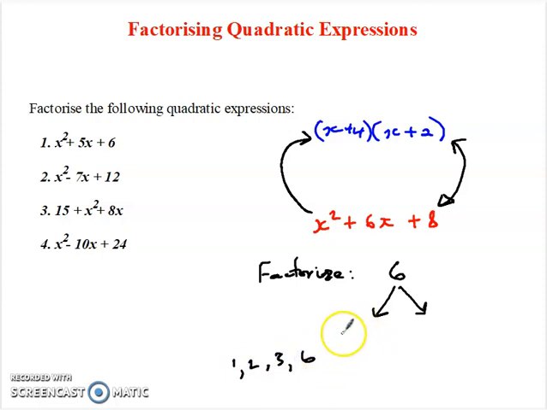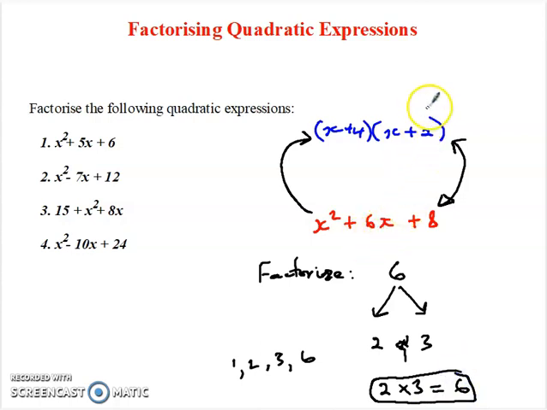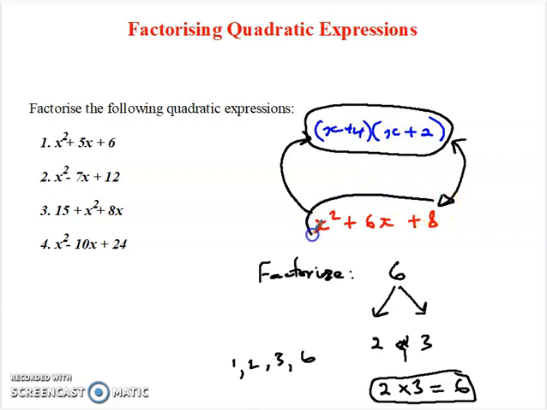So all those numbers can go into 6 without leaving a remainder. And we can do this by having 2 and 3. But whenever you multiply 2 times 3, it is equal to 6. So it's the same concept that we had earlier. Whenever you multiply these two products by themselves, you would get the quadratic expression,